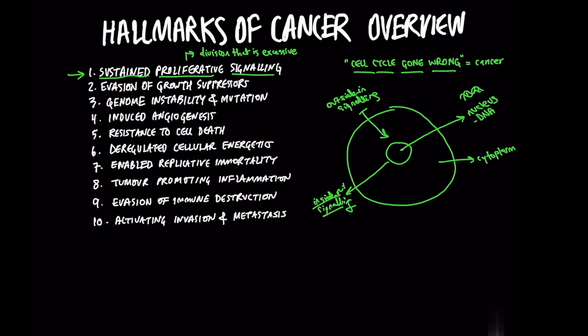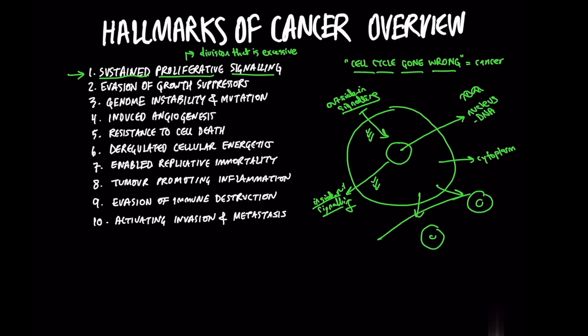There are lots of signalings going inside the cell, but really we're thinking about how the external factors influence the cell to divide, and how internal factors cause the cell to divide. So various types of signaling exist, but we're not going to go into too much detail. But if we have any of these signaling pathways sustained, so if you have too much of either one or both, then we can have proliferative signaling. It's going to excessively divide.